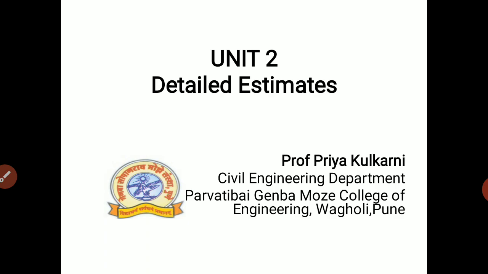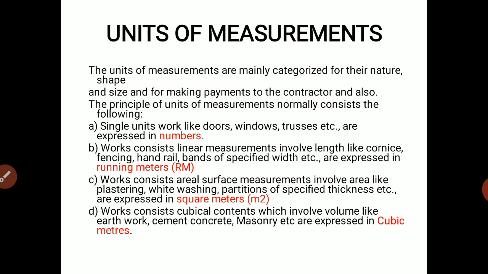So here we'll start our second unit, that is detailed estimate. Before starting it, I would like to tell you some background about this unit. We are supposed to calculate the quantities of various items. As I have told you in the previous lectures, quantity of item or unit of measurement of item or particular of item. Here item means brickwork, concrete work, plastering, pointing, painting, plumbing, electric work, like that.